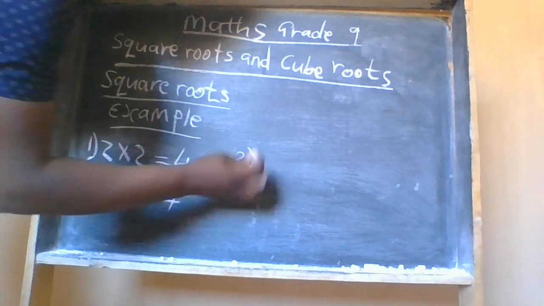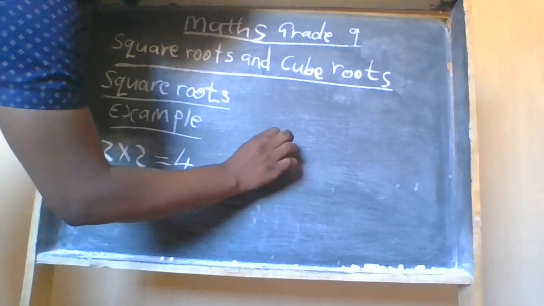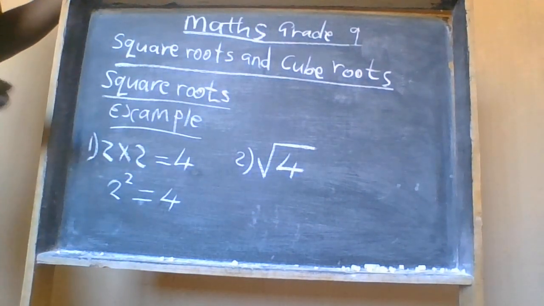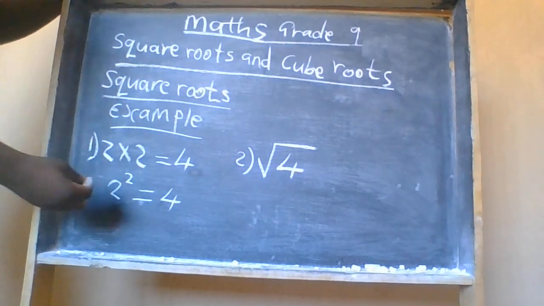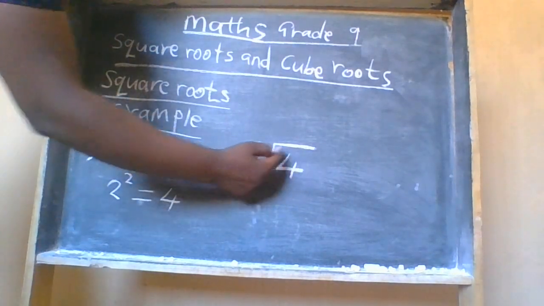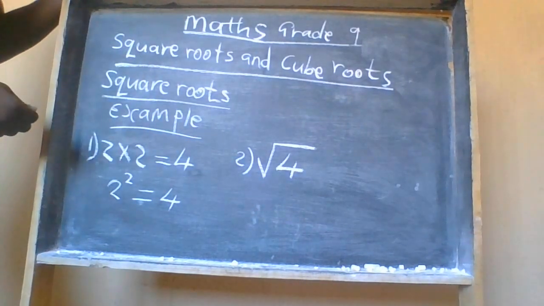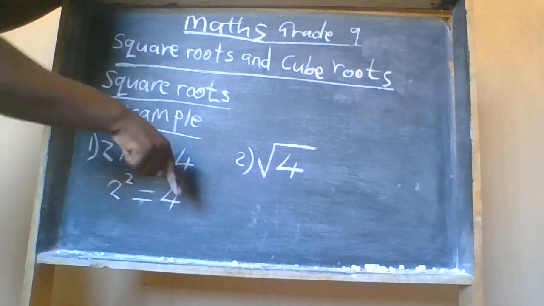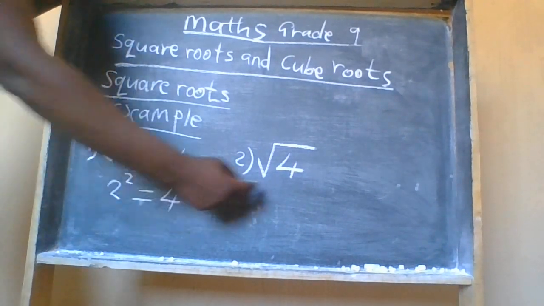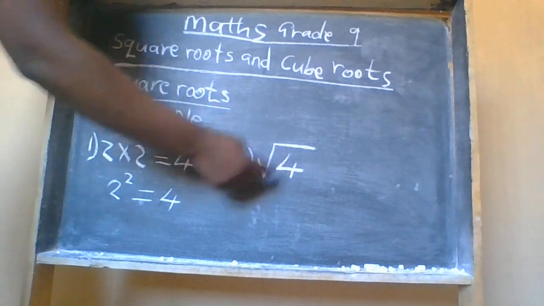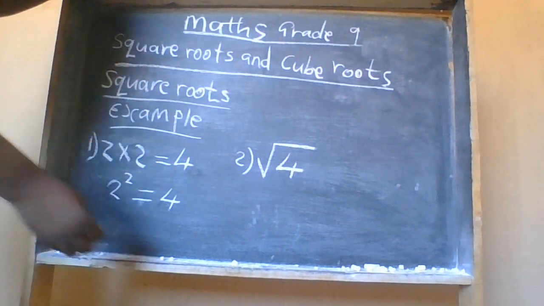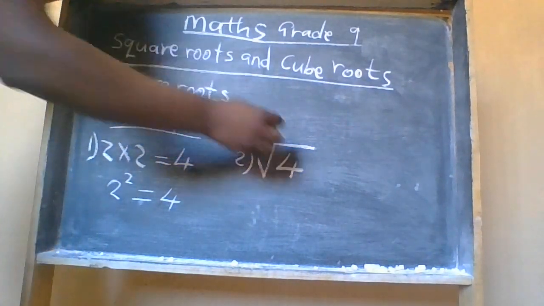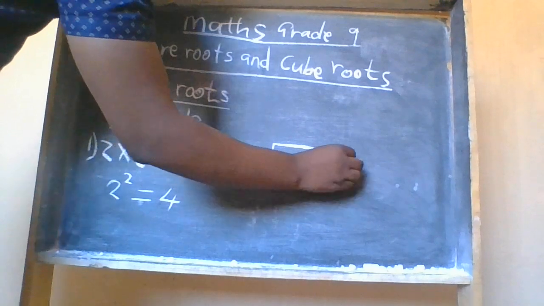The square root, by the way, is denoted by this symbol. You put the number inside. So we're going to say, what is the square root of 4? What do we mean here? We want to find the original number which, when we multiply that number two times, will give us 4. That is what we mean by saying the square root. But then, we will not just guess. If I say that number is 2,